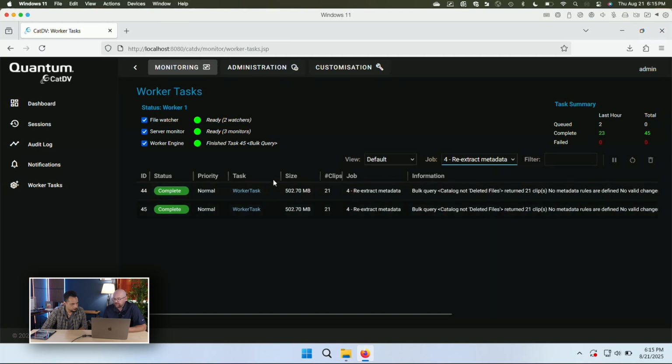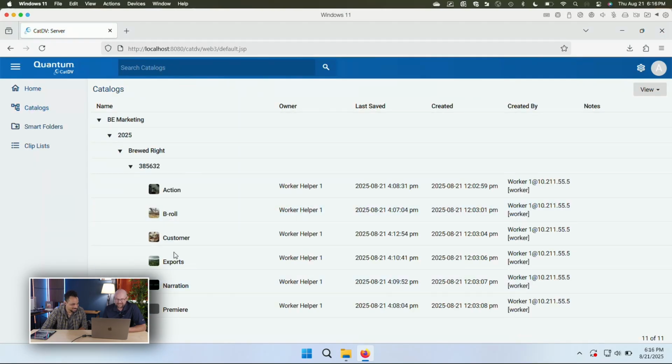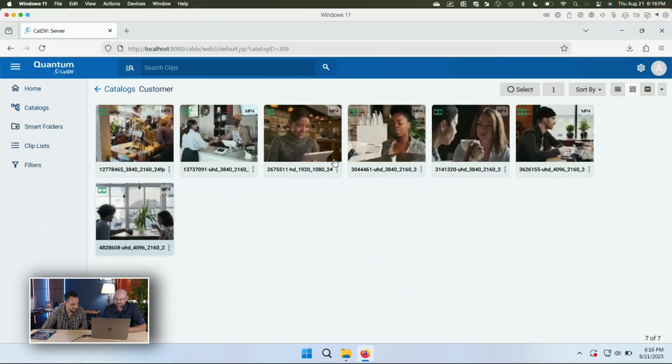You can see that it has run twice so far because it's on a schedule. I can just grab one of these and rerun it now because we don't want to wait. That's just over here. You've got your rerun button. You also have a pause button if you wanted to pause something, but we can rerun that because we're not patient. So now I'm going to go over here to our catalog and pull up some customer shots.